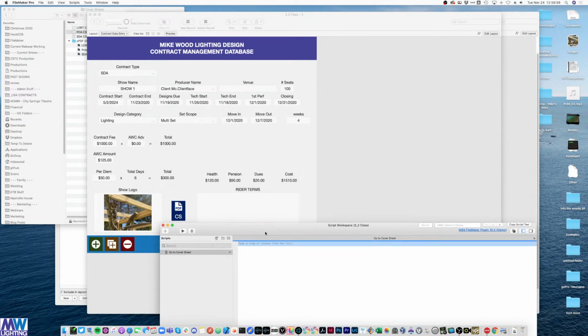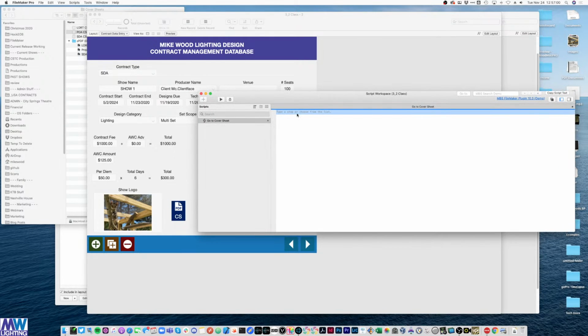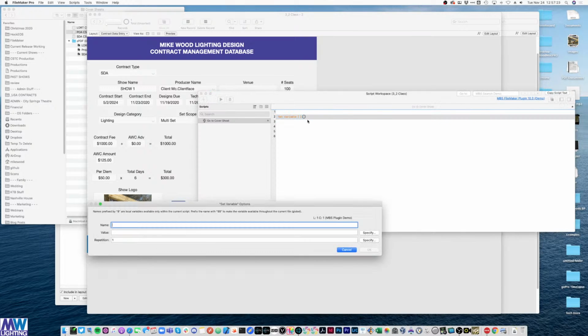And this will actually be a pretty simple script. The cool part about FileMaker scripting is that you basically just start typing what you want, and it autofills for you what it thinks you mean. It can be complicated at times and confusing at times, but as soon as you start learning more and more of the various syntax, it gets a little easier. So the first thing I want to do is set a variable, and that variable is going to be